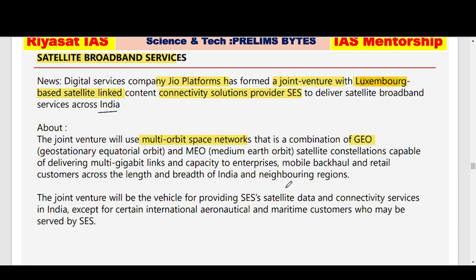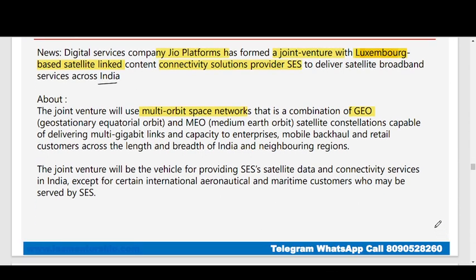Yeah. So there are different orbits such as your equatorial orbits and your GEO orbits, geostationary orbits. So this joint venture will use multi-orbits. First is your GEO and second is your MEO. What is GEO? GEO full form is geostationary equatorial orbit. MEO is your medium earth orbit. Clear? Using both these orbits, there will be satellites dispersed in the space, and